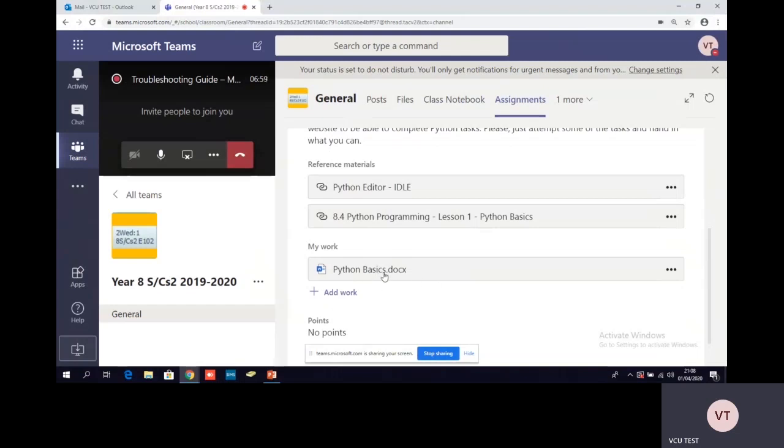For today's how-to video, I'm going to be trying to edit this file in Teams. So if I click on the three dots, you can see I've been presented with a menu here, and I can click on any part of this menu that I want to do. I want most of my students to be able to open in Teams because it allows them to edit directly in Teams. It just makes it a little bit easier. So if I click on Open in Teams,